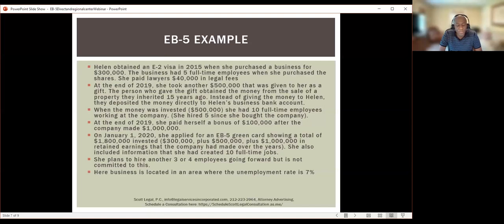EB-5 regional center USCIS used to deny petitions where parents would give their kids money to invest in a regional center. Because they didn't want the kids to have the money in the bank account, because kids can be kids and take the money and spend it, they paid the regional center directly. So they took the money from the parent, gave a gift letter to the child, and sent the money to the regional center. And USCIS denied those petitions, right? So that's a similar thing that's happening here.